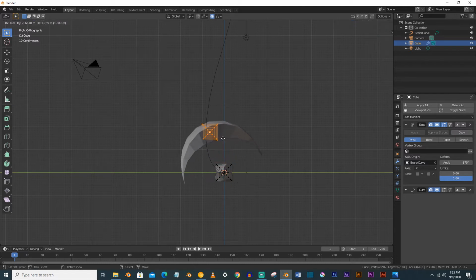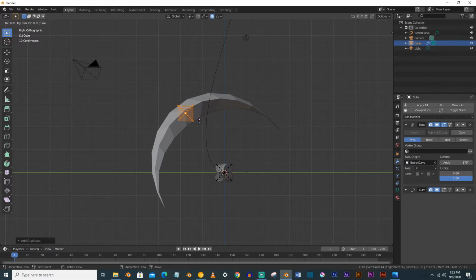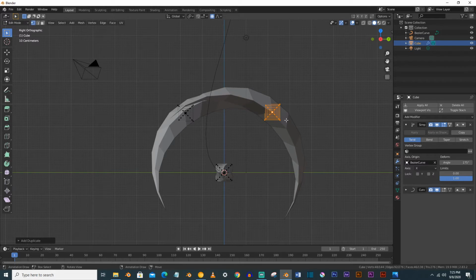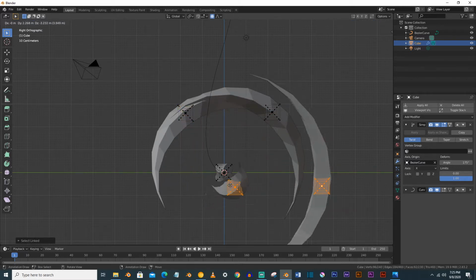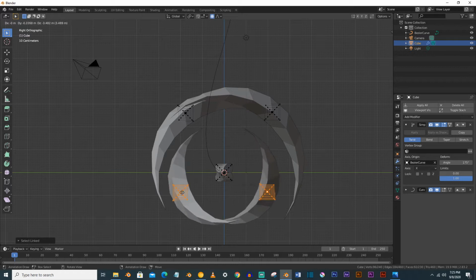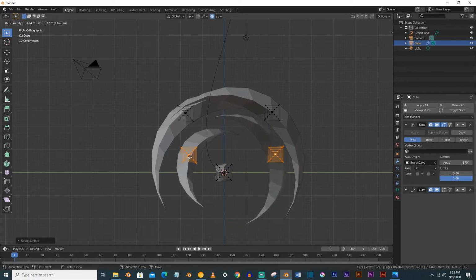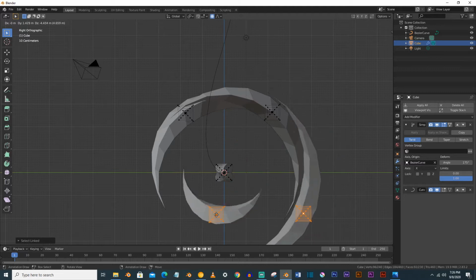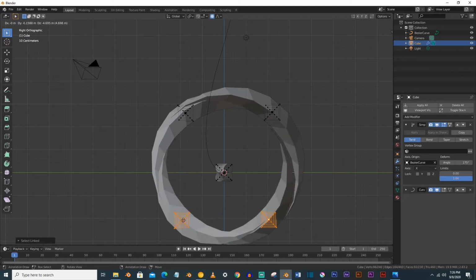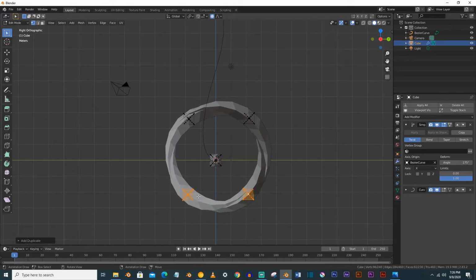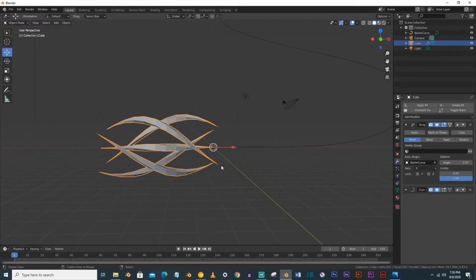Press Shift D and make a point here like this, Shift D also and make another point here like this, and select this one by pressing L, Shift D and just make another duplication like this here. So it is looking like this.